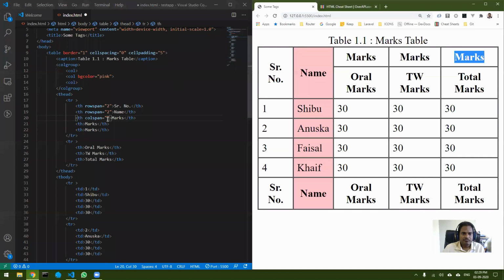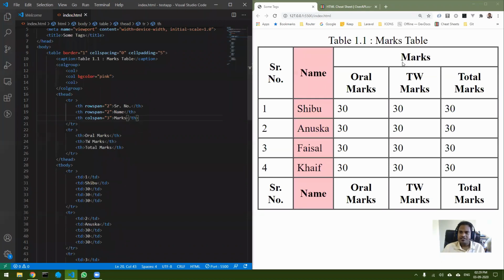So I will span 3 columns, and as soon as I do that, those columns which I want to remove should be removed. These 2 columns I don't need now because I am going to increase this one to span 3 areas, so I can remove this. Now if I save, you can see marks is taking up the entire space.